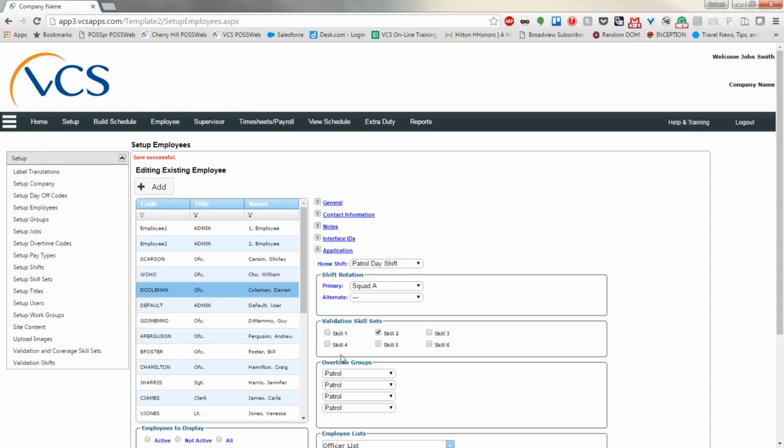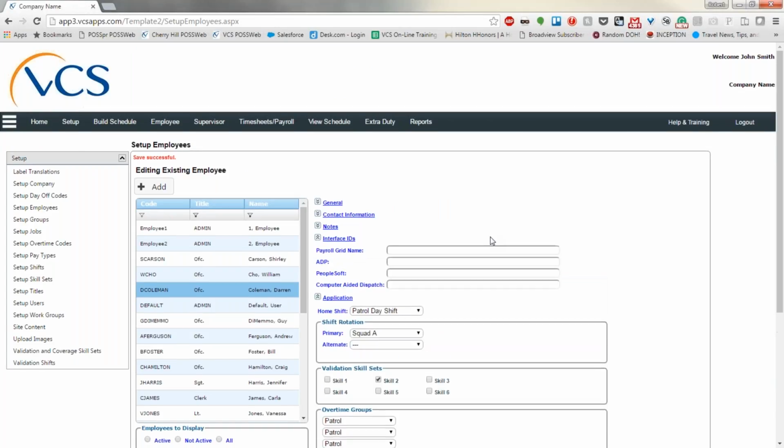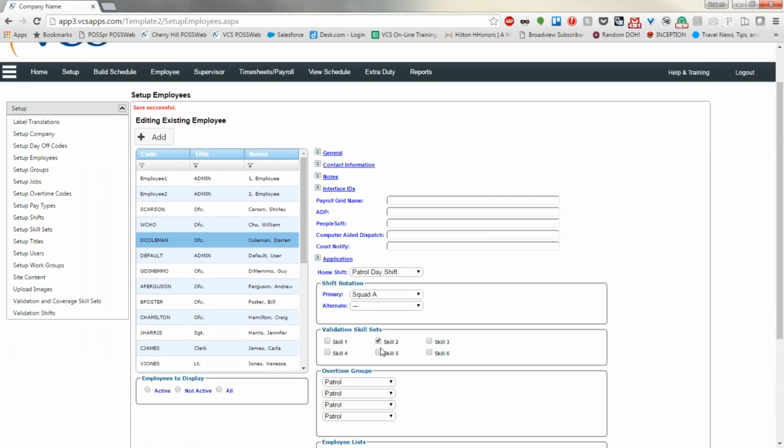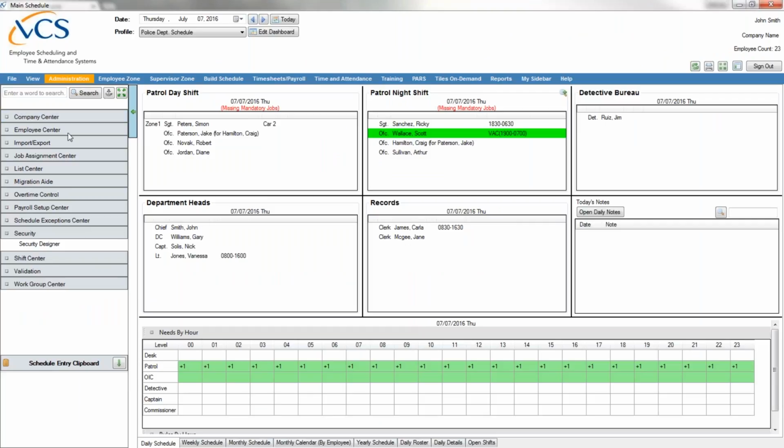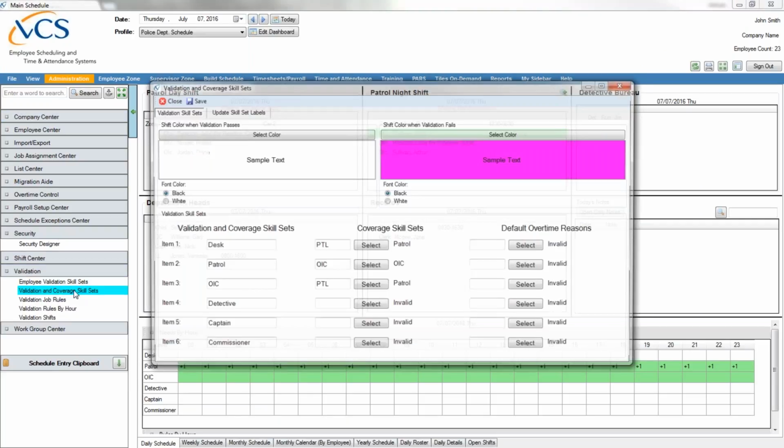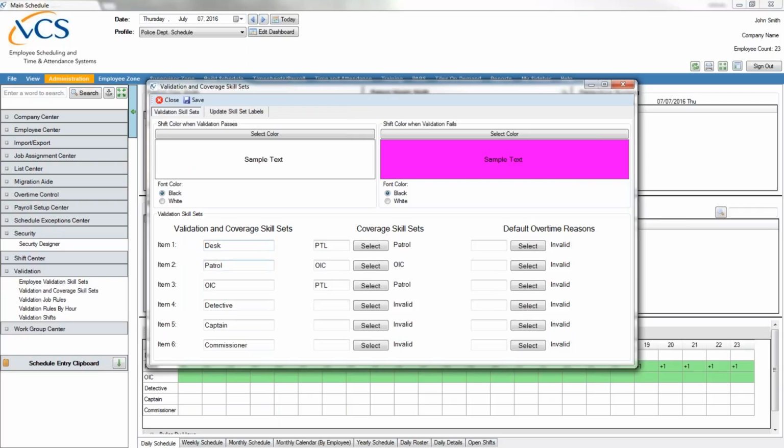Okay, so what I actually think is happening here is it's just not reading the skills from the label translation on the web right now. It may just be something I have to have them adjust. I'm going to bring over the main program here, the desktop application, I should say. So when you go into validation and coverage skill sets, and you set this up as desk, patrol, OIC, whatever you might use,